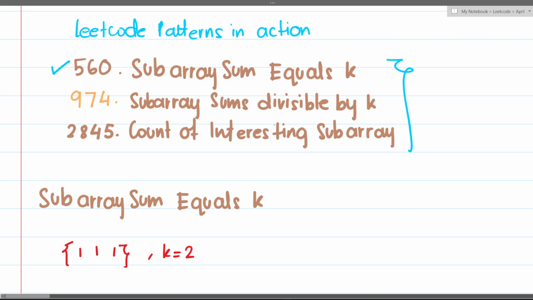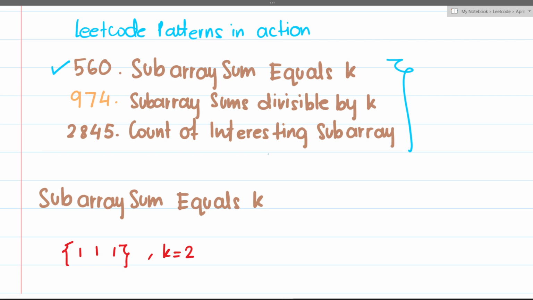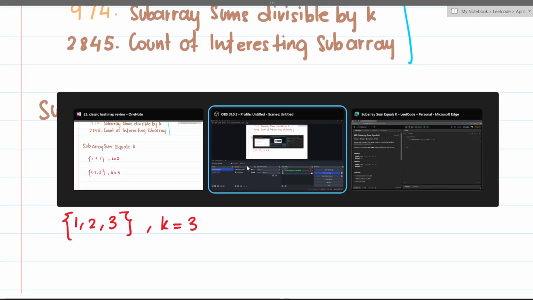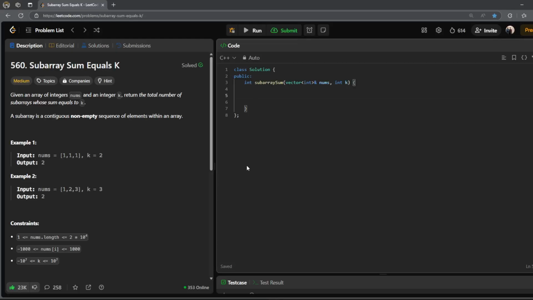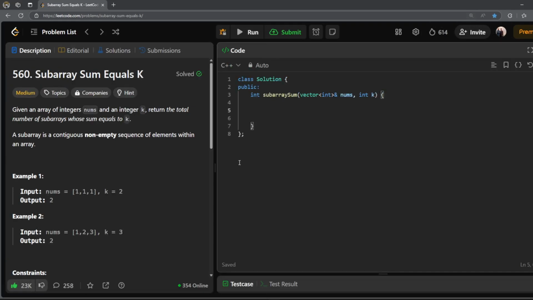As we go through them, you are going to observe that each of them follows the same strategy. Okay, I'm not going to simply tell you what that strategy is, but we are going to build that strategy up intuitively. Okay, so let's first have a look at what the problem statement says for subarray sum equals k,